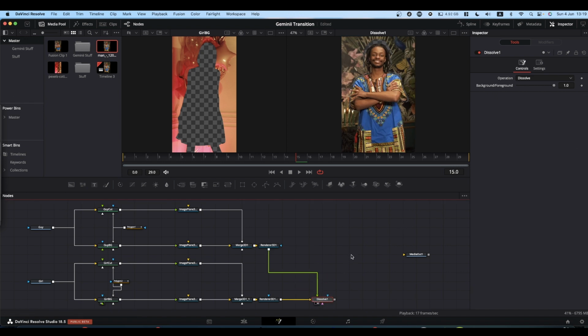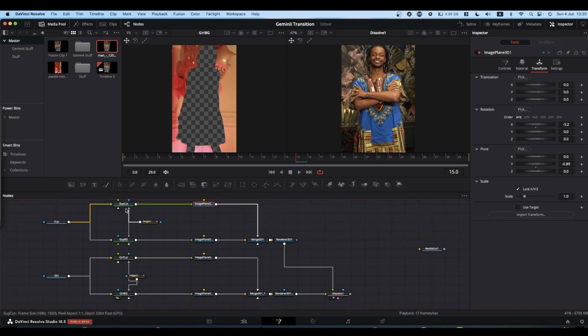And now we need to start animating. Come to the image plane that's attached to your guy or your first clip. Go back to frame 0. Make sure this rotation is at 0. Come forward. So I'm on a 30 frame per second timeline, and this is a 1 second clip, so we've got 30 frames to play with. So come to frame 10